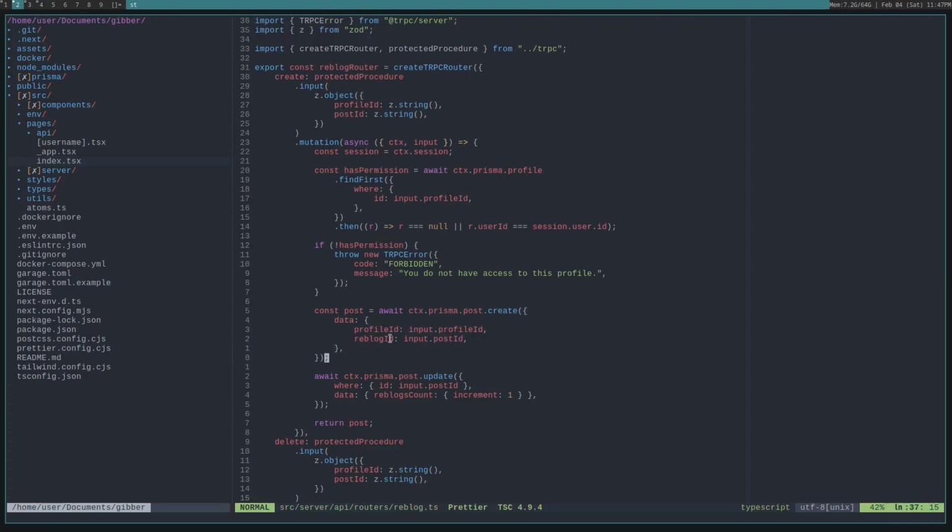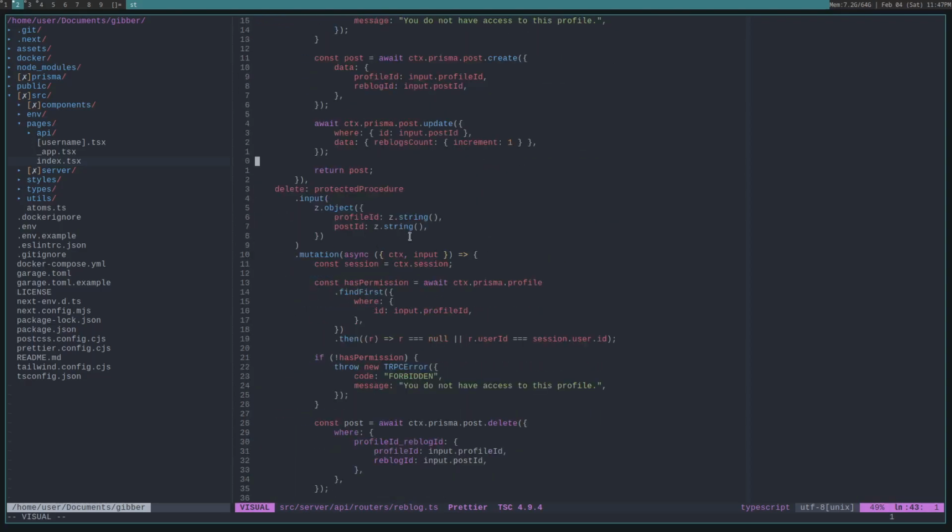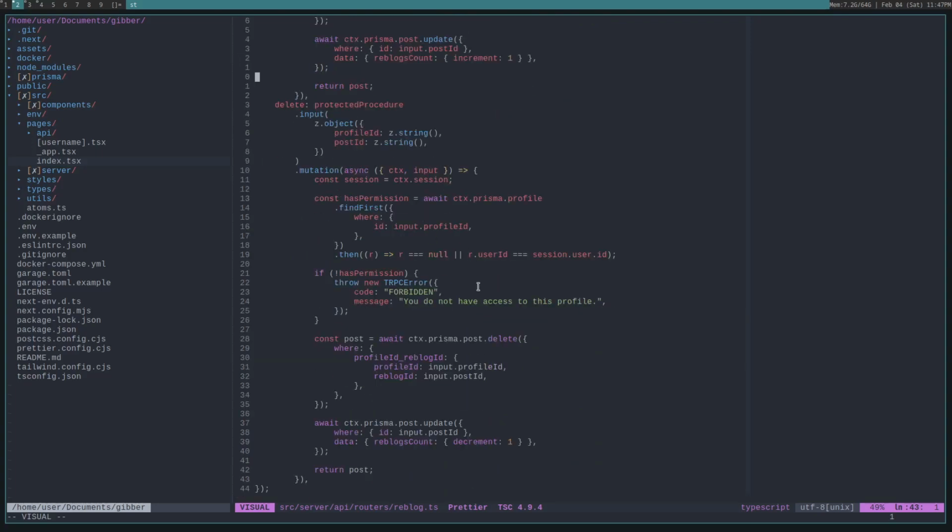So when I'm implementing quote reblogs, the content will just be whatever the person wants to say about this reblog, similar to how on Twitter you can have content and then under it is the reblog tweet. And then we also update the reblogs count, and then doing the delete operation is just the reverse. So quite similar, but just